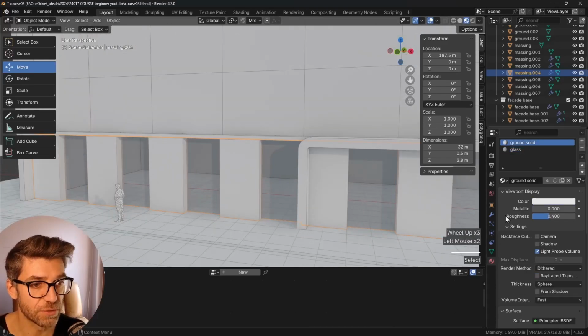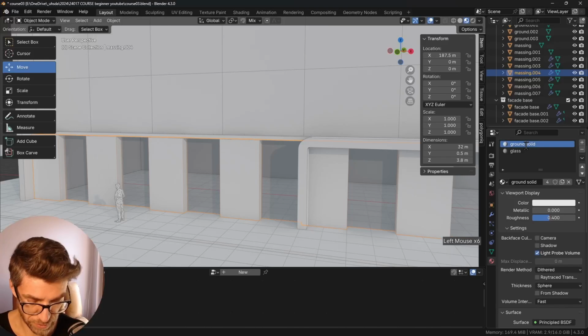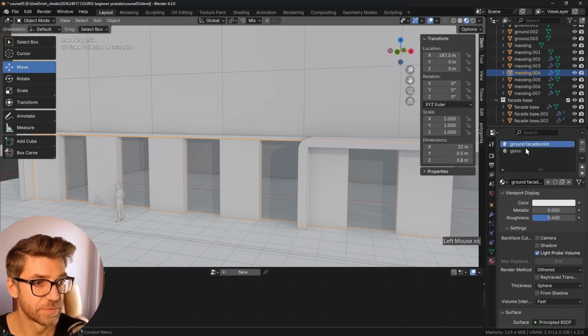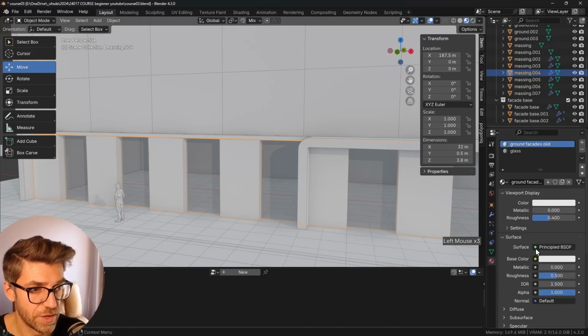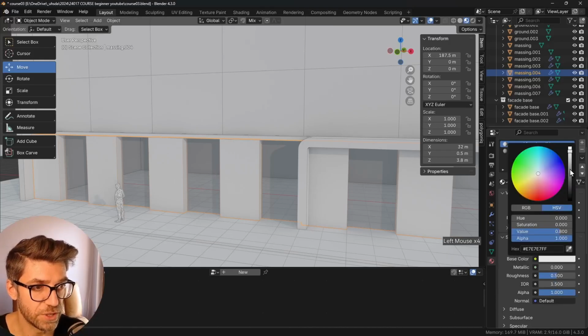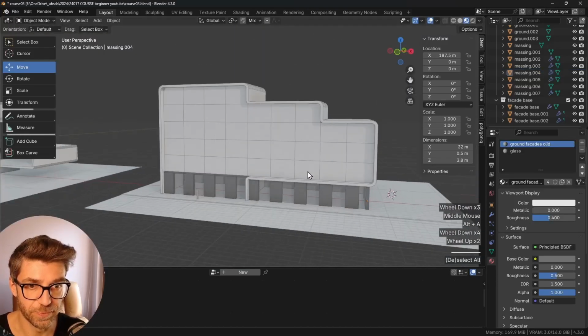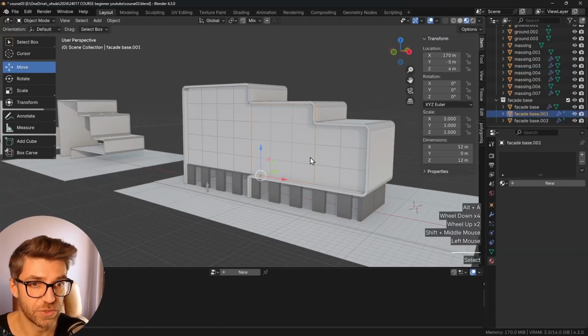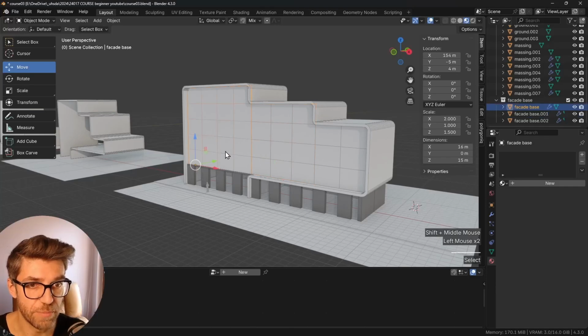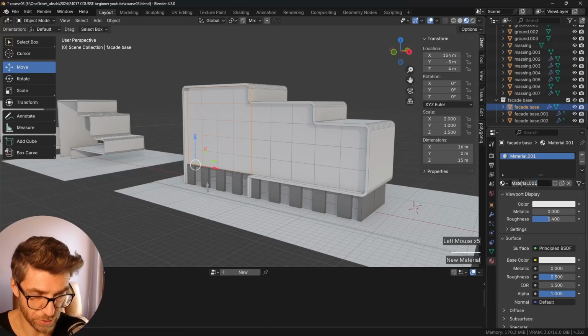The next thing is the ground element solid. It's not ground, let's call it ground facade. Ground facade, solid. And in the surface, we're just going to change the base color to something darker. Yeah. And for these facade bases, we don't even have a material yet. So let's create a new and call it facade